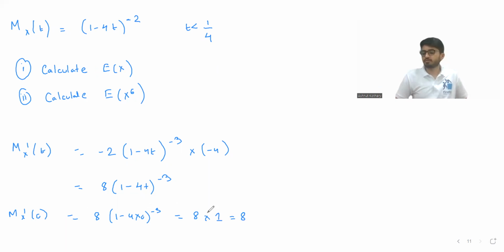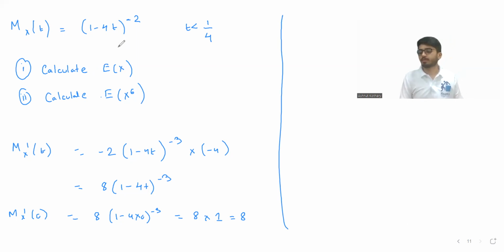Fair and straight, here the differentiation was easier. But if I want to find expectation x to the power 6, how many times do I need to differentiate? 6 times. Here it is not very messy, but in certain cases it can become extremely messy. So one way is to find expectation x to the power 6 by differentiating it 6 times, and you will get the answer. Another way is if I express